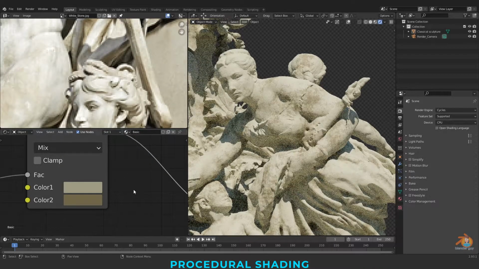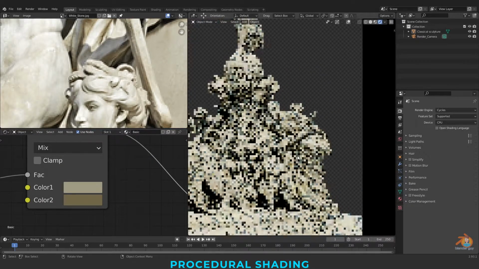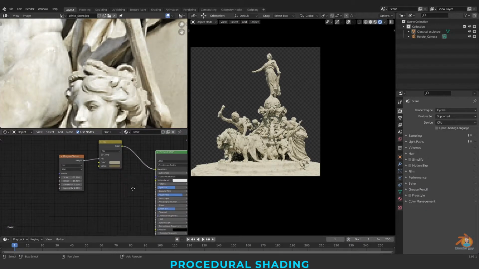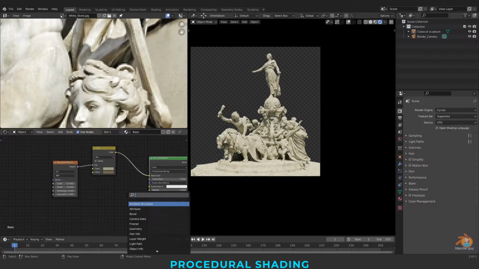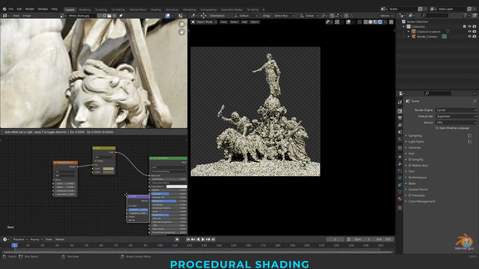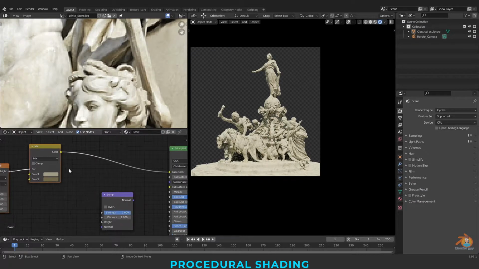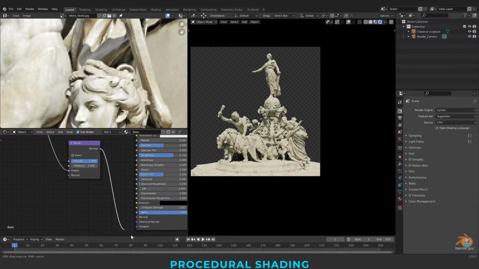So let us first check this single layer. How does this work? I'm also connecting the same map to the bump. Just going to create one bump, connecting this to height, and connecting this to normal.